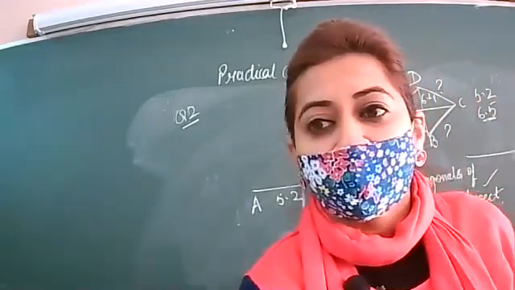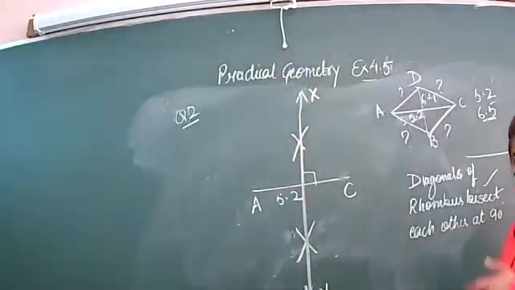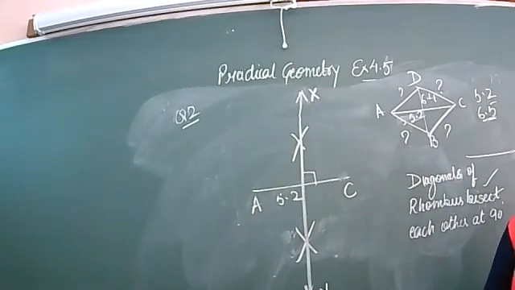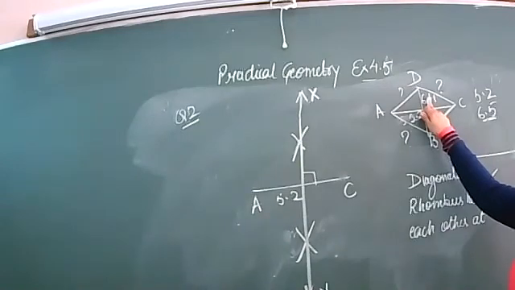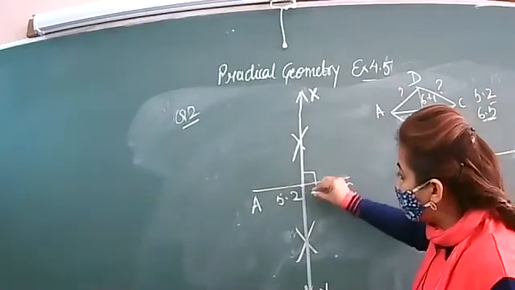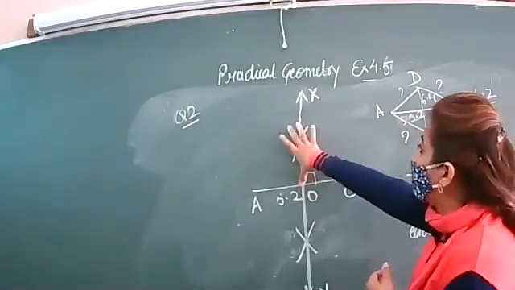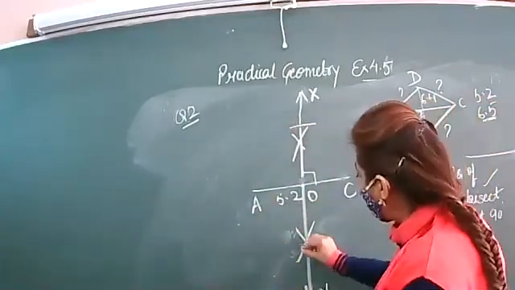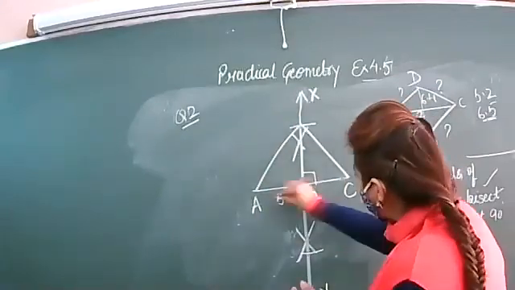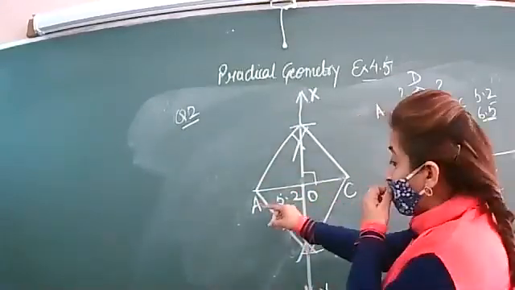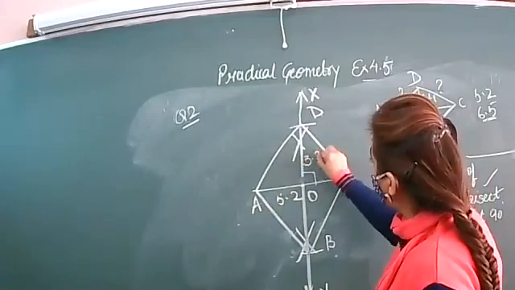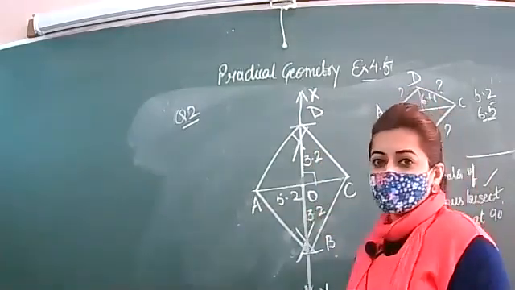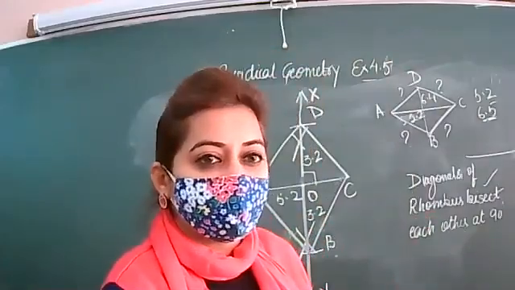And the next step is, more than half of the line AC. Yes, exactly. You will make half of this 6.4. What is the half of 6.4? 3.2. So from this point, you will name it as O. From O, you will make the arc of 3.2 here. And in the bottom also, you will join this. This will give you a rhombus. And the name of this rhombus is ABCD. This is your 3.2. This is also 3.2. Complete this question. Write the steps of construction for this question also.